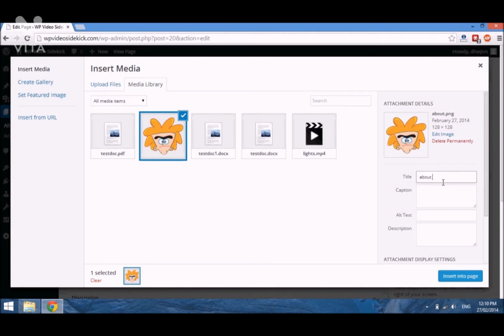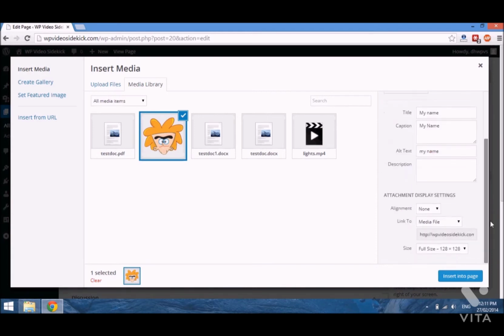I just want to change this, and since it's supposed to be an image of me, I put my name, and for the caption you could use my name, and this will appear below the image. As I mentioned, the alt text is just to tell search engines what the image is about, and you can add a description which is really for your purposes. And then you can go ahead and